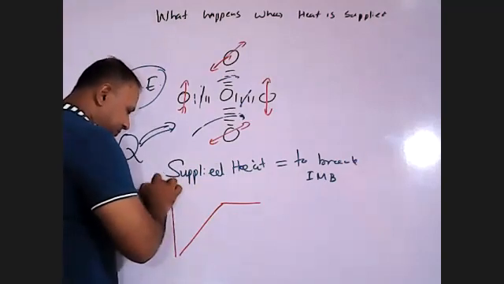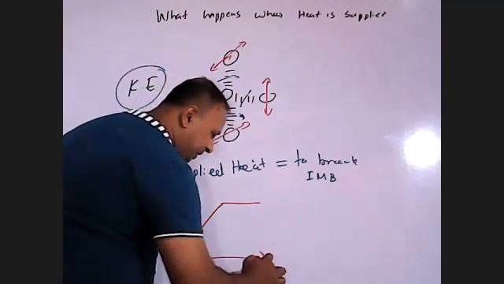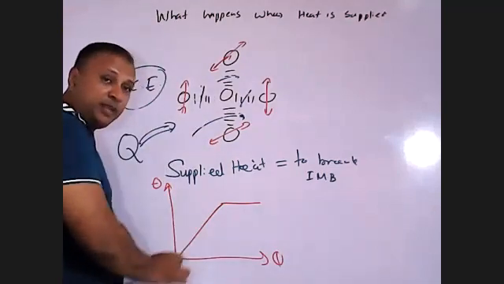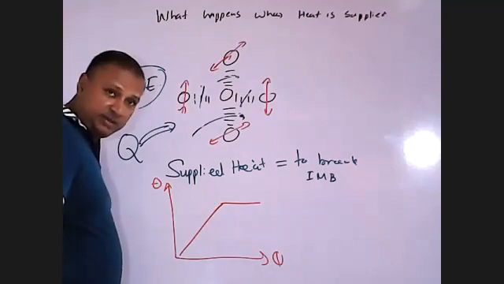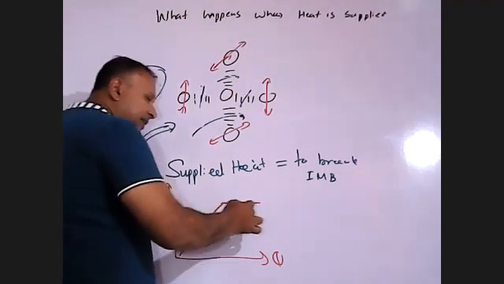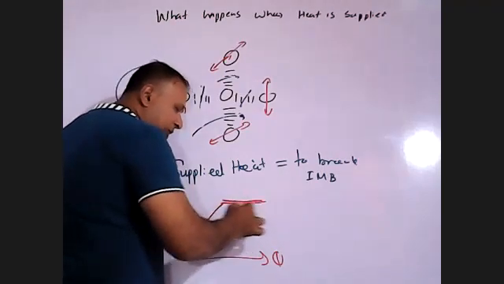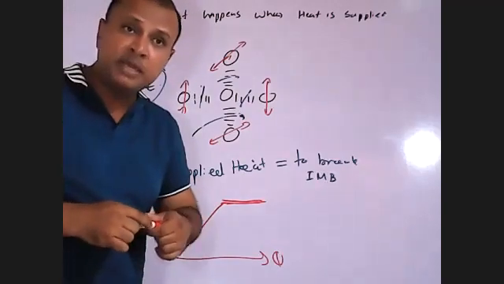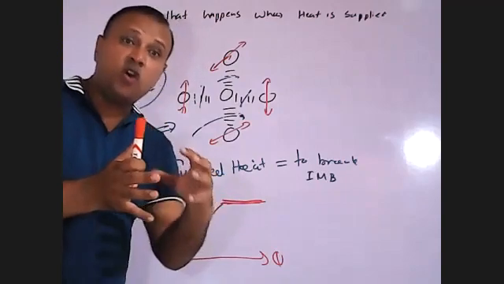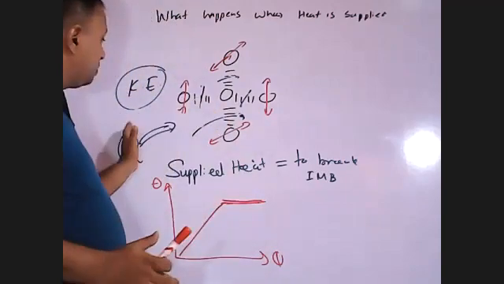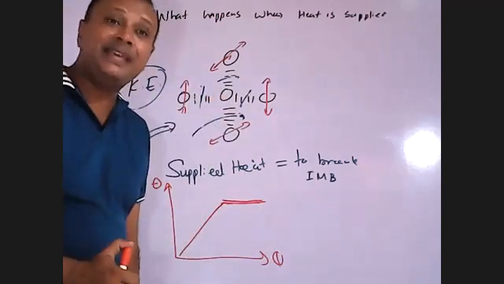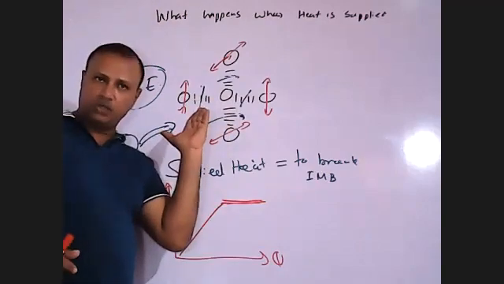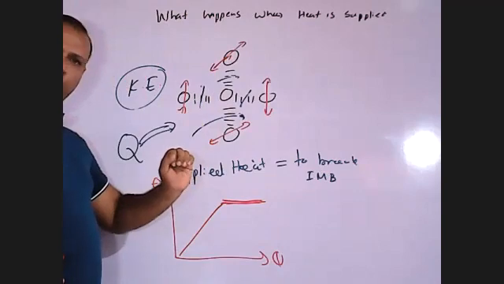This is temperature. This is supplied heat. So up to that point, temperature increases with supplied heat, but during the phase change, temperature remains constant because the supplied heat is totally utilized to break intermolecular bonds. Okay. Therefore,